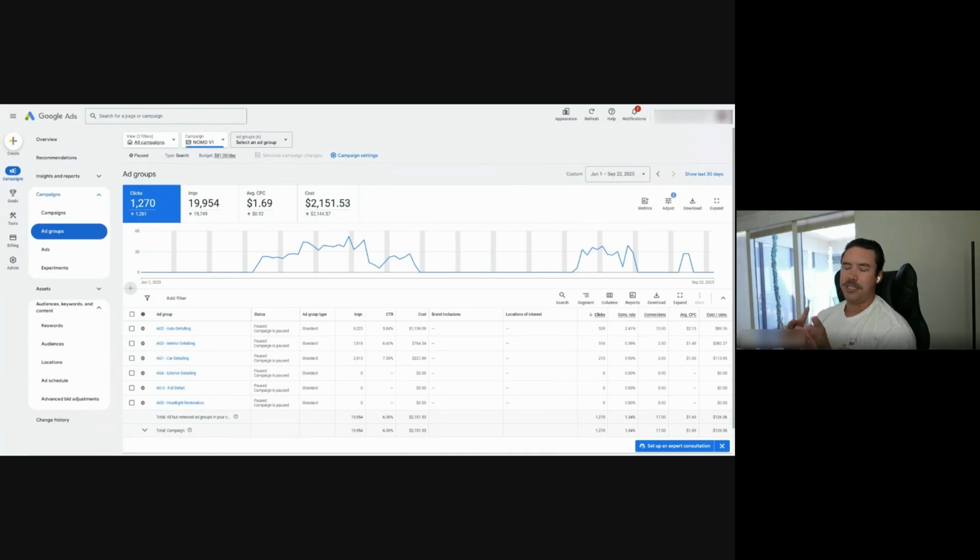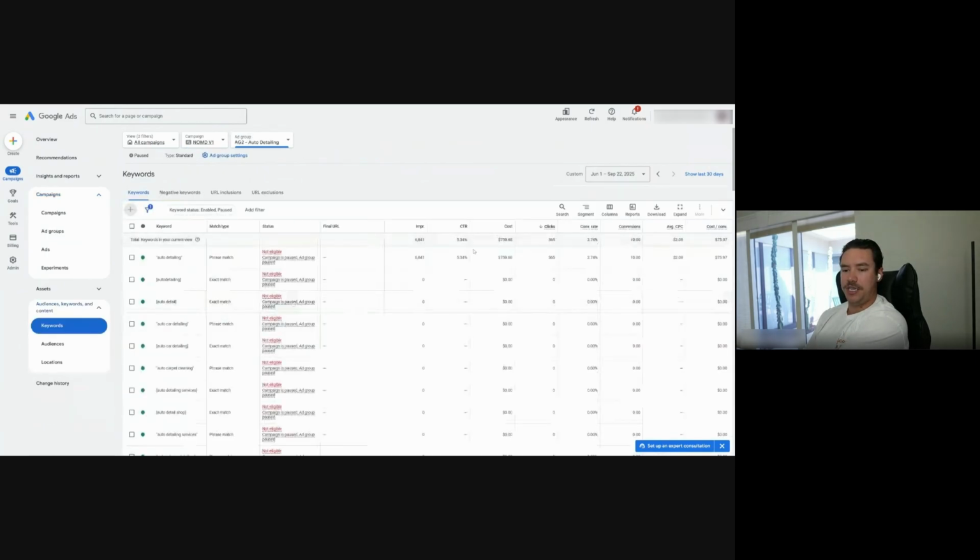Whether those cities around Columbus could be better cost per converting, or maybe they're different demographics that might do better, that doesn't matter, because all the click volume is in Columbus. That's going to take most of the budget. The same exact thing happens with your ad groups and your keywords. Auto detailing is a much more click-volume-heavy search theme than headlight restoration, then full detail, then exterior, then car detailing, which are kind of neck and neck for the most part, right? And when you click into here, you notice that it all pretty much goes to auto detailing, right?